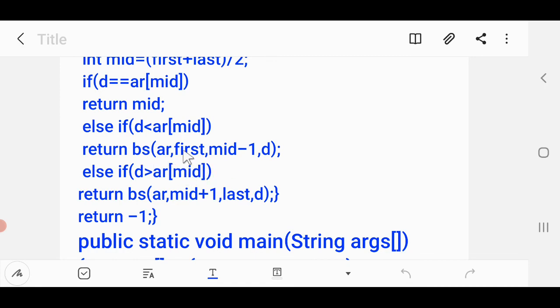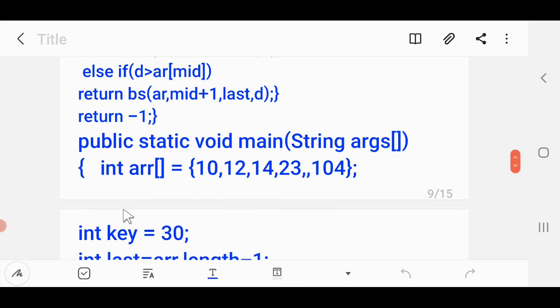And in the recursive call, as I have already told you in my previous videos also, the update expression, or the changes, are done in the argument of the function call. So here, when the data is less, then I have to modify which argument? The last. So last will have mid minus 1. If the data d is greater, then I have to modify the first. So first will have mid plus 1. These two things always remember. All right. And when this is over, then I have to close the curly brace, and outside that I will write return minus 1. That simply denotes that the data is not found.